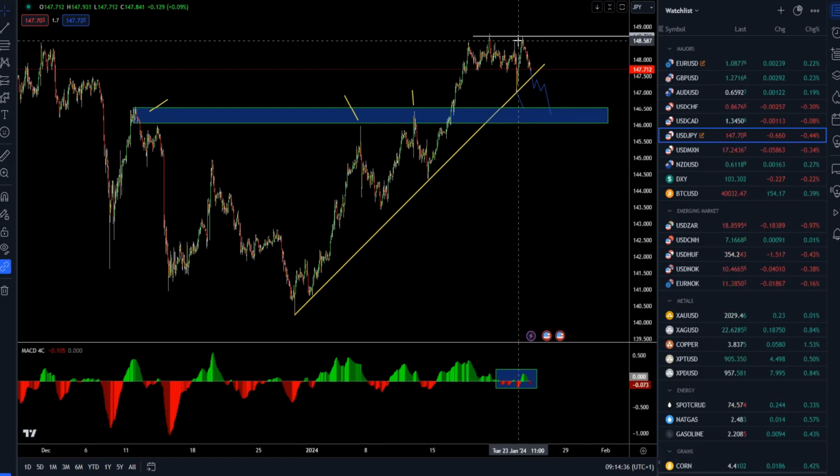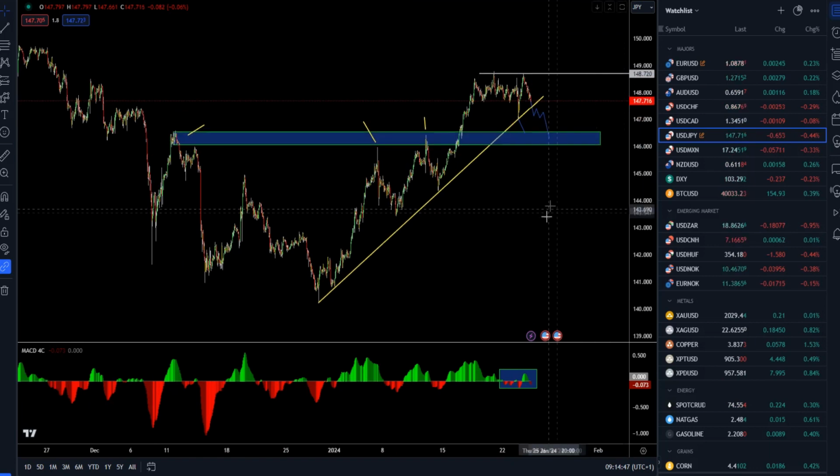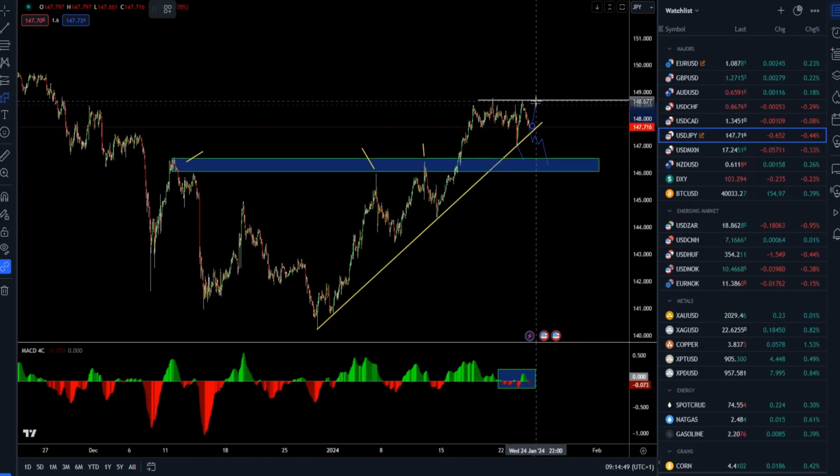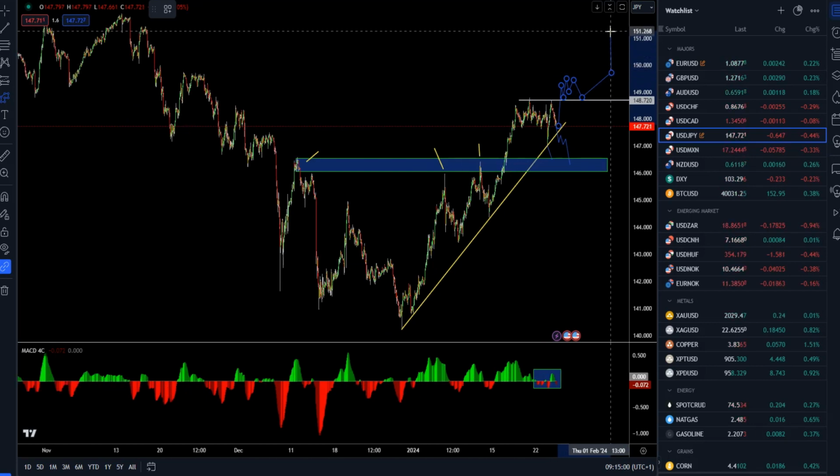Because of this lack of buying power around 148.70, and so far the momentum is to the downside, there is a chance for further downside movement. In case of the upside, a bigger upside imbalance and break of 148.75 and hold above, then there is a chance for the retest of the 149.70 mark or even the 151 mark.